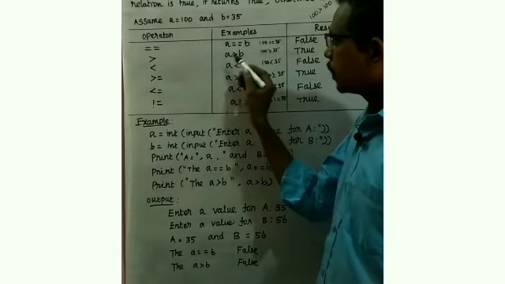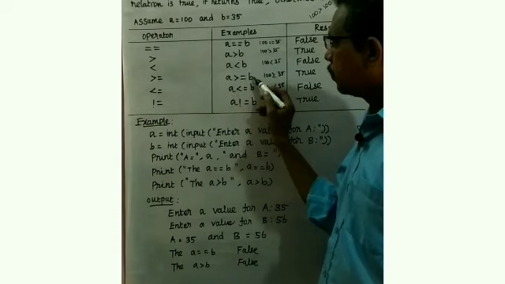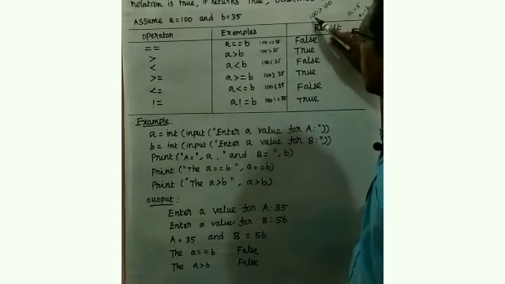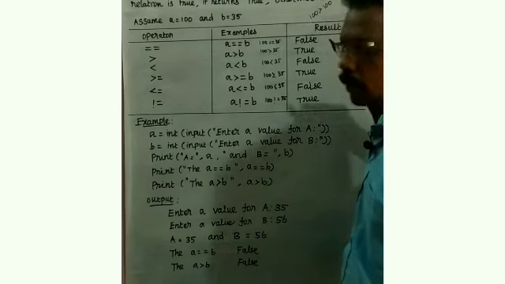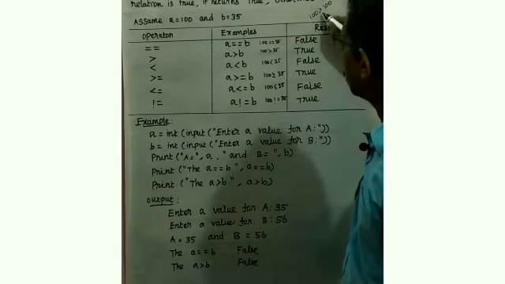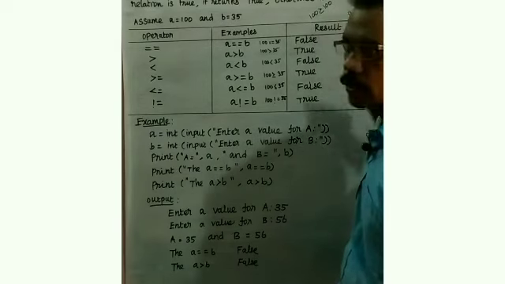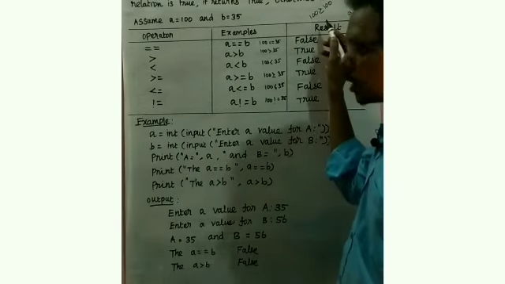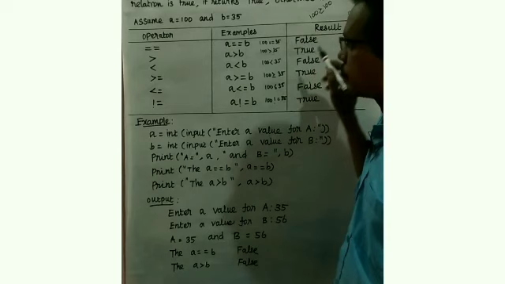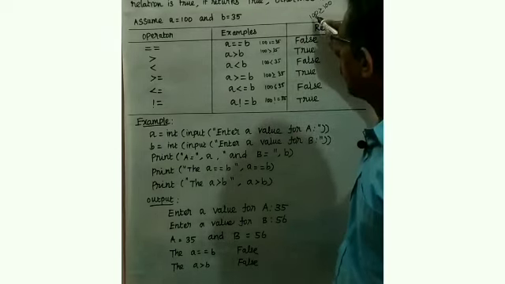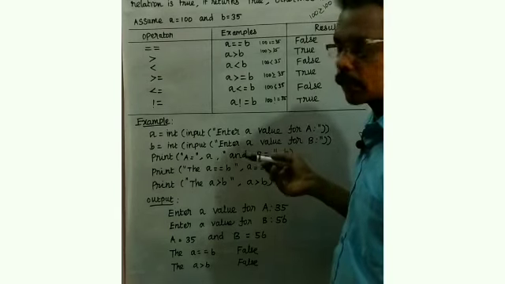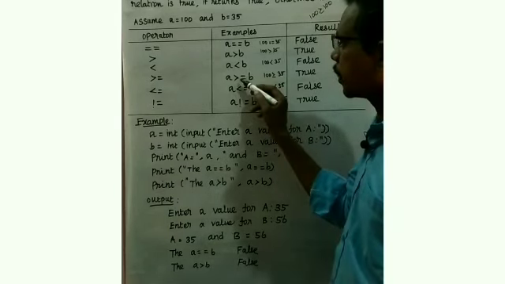What is the difference between a > b and a >= b? For example, 100 > 100. It will check the condition, and the condition is false. Now if we use greater than or equal to, the condition is true. One condition is satisfied, the other is not. 100 > 100 is false, but 100 == 100 is true. That is the difference between greater than and greater than or equal to.